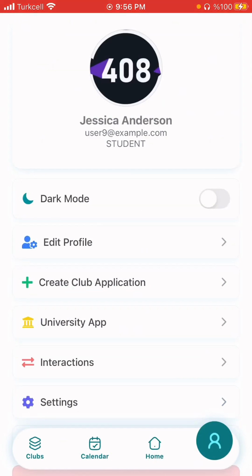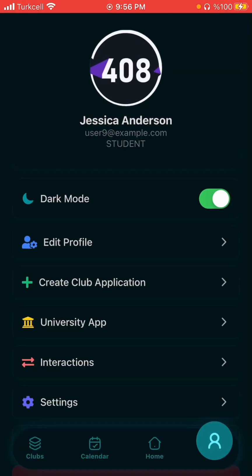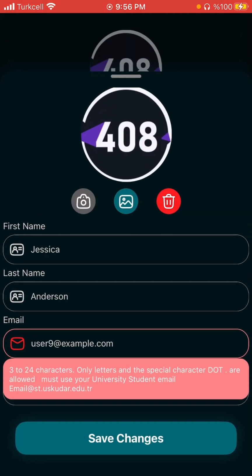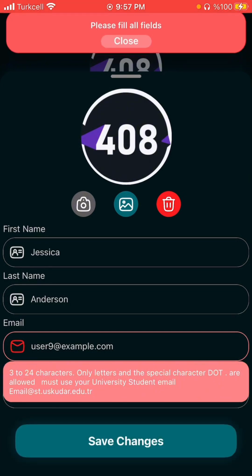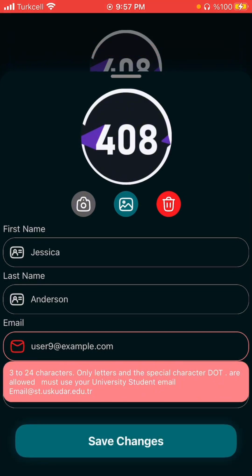Now he can go through the profile, of course changing the mode of the application. At the same time, he can go through the profile information and edit it. As I said before, this was hard coded through the database, so I can make some users to be used in the system. Even if I try to save the changes, it will not accept it, since the email is not with the